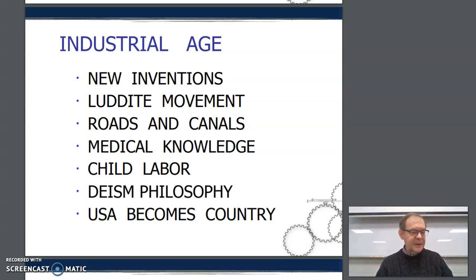Corporate farms, though, were increasing, and the peasants began to move to the cities. And, of course, the city population started to boom. Roads and canals were built at this time. Medical knowledge was greatly increasing. Now, this may be called the Age of Elegance, but it was not elegant for everyone. There was a lot of abuse of women and children, workers, during this time. As a matter of fact, children could even be bought and sold legally as indentured servants during this time.